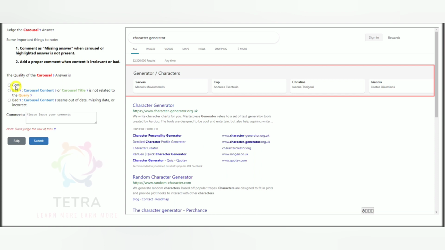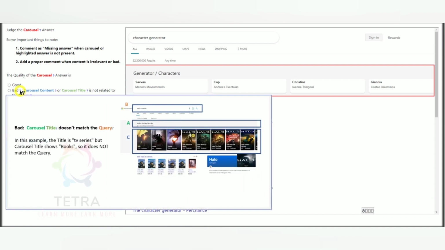Good is good, everything as per the HITAPP guidelines. Bad: for bad, you can see here, this is the guideline. Bad, carousel title doesn't match the query. It means whenever the carousel title doesn't match the query, you have to go for this option. This is the second option. Here you can see in B the search query is given on the right side.